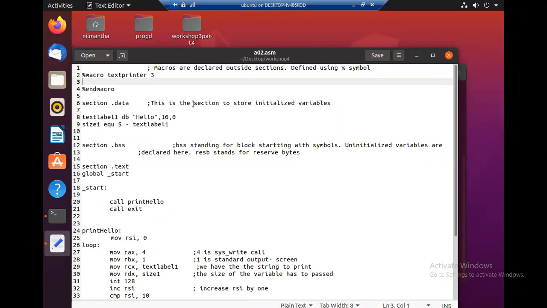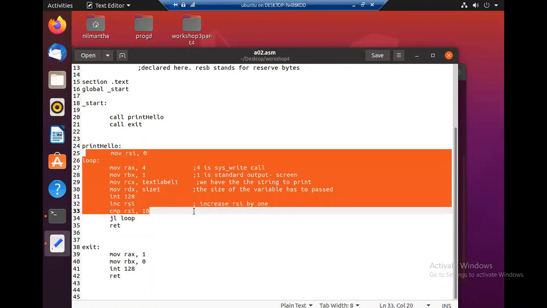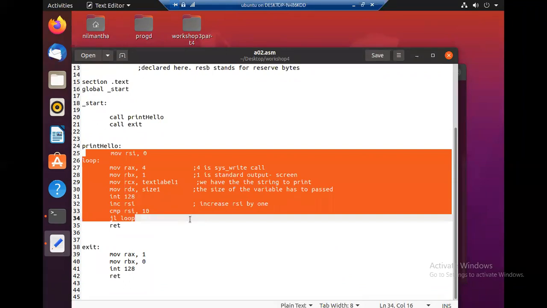Okay, so what we are going to do is implement this one. Just cut and paste this one there, except the return statement, because in macros, like in subroutines, there are no return statements.